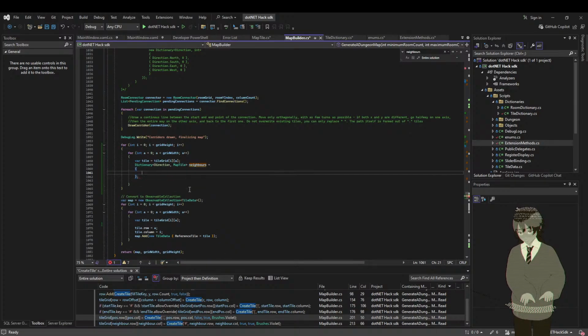And then I think we can define it like that. So that it would what? Direction north would be